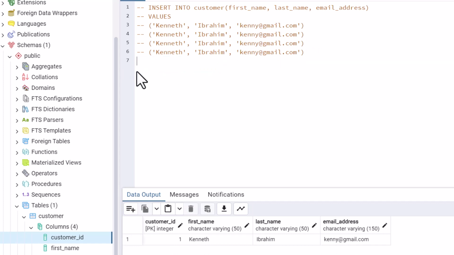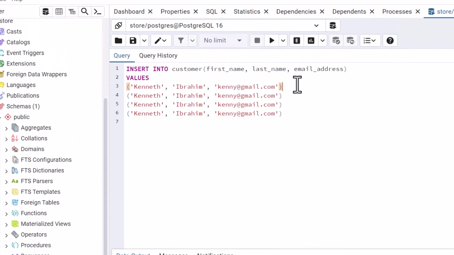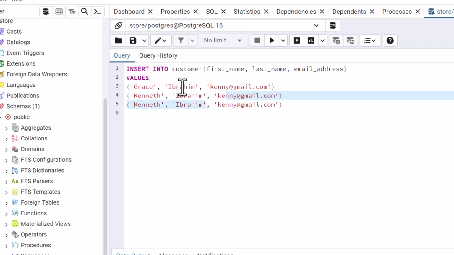So let's clear this out, and then let's uncomment all this. Then instead of another Kenneth Ibrahim, let's provide Grace. So now we have all the information we need. We are now inserting 3 different records again, so adding to the one we already have. So once I run this,